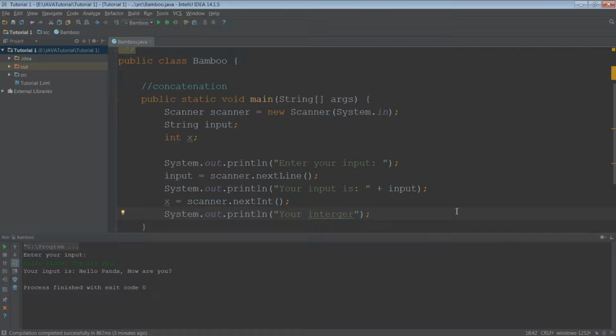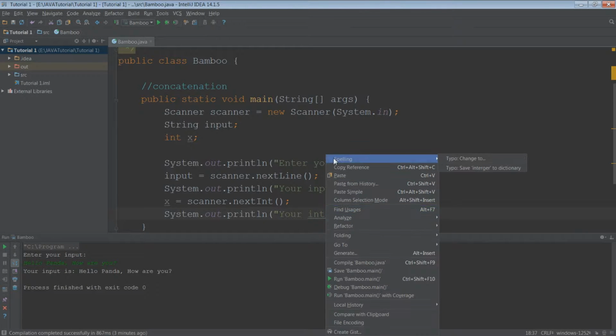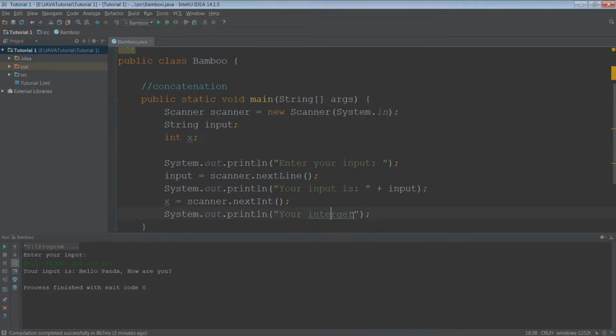Oh, nope, that's not how you spell integer at all. Integer